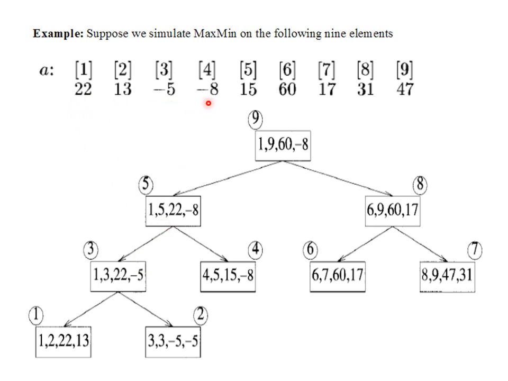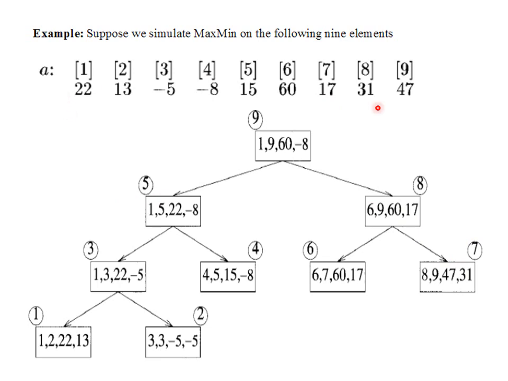So for this sublist, the maximum and minimum: the lower value is 1, the upper value is 4, right? The upper value is not 5, it is 4 only. And here the lower value is 5 and the upper value is 9. There is a slight change here, and from this list we find the maximum value is 60 and the minimum value is 70.